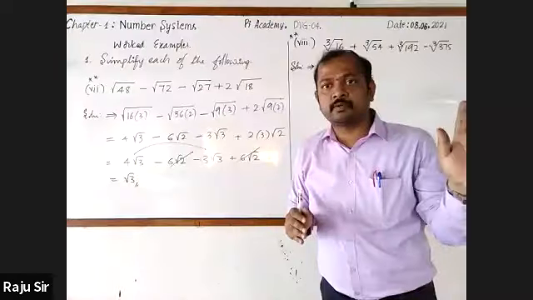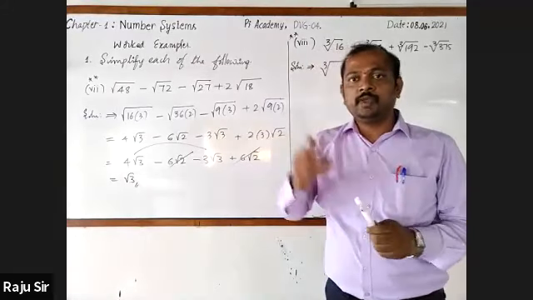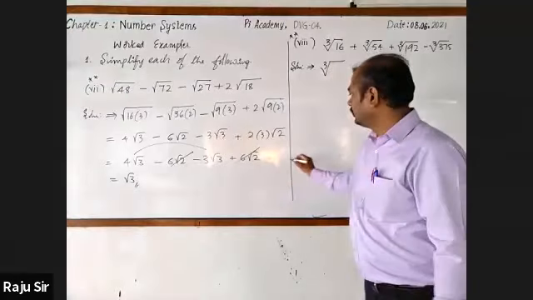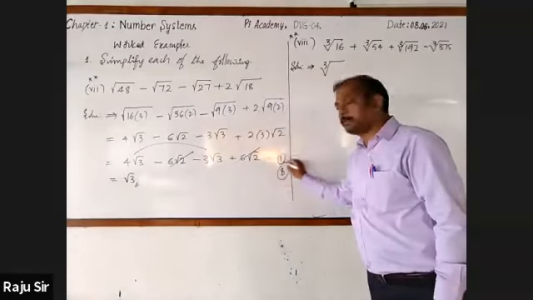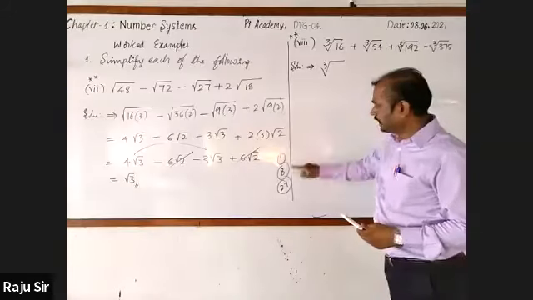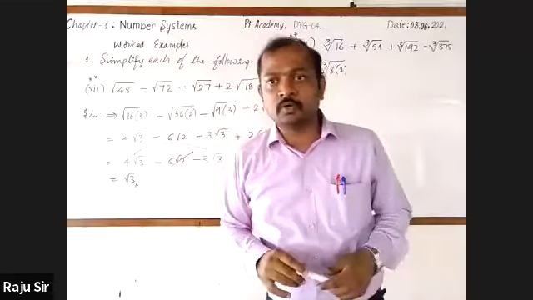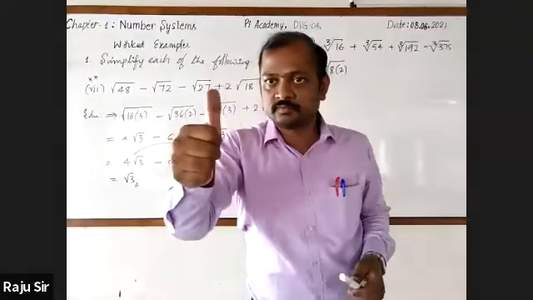16 is a perfect square, but we don't want perfect square. We want perfect cube. We have the perfect cubes: 1 is a perfect cube, 8 is a perfect cube, 27 is a perfect cube, and so on. Here 16 is there. We can write this as 8 twos are 16. Gaurav, did you understand? Okay. Next.